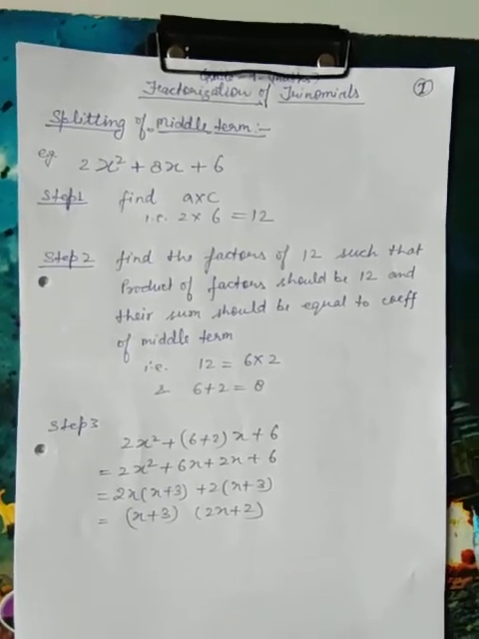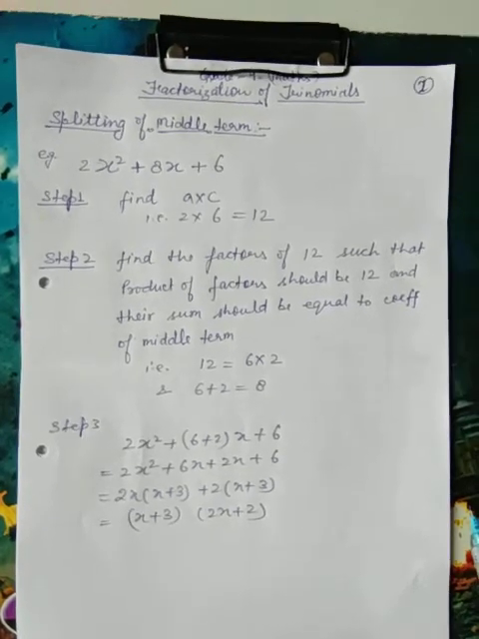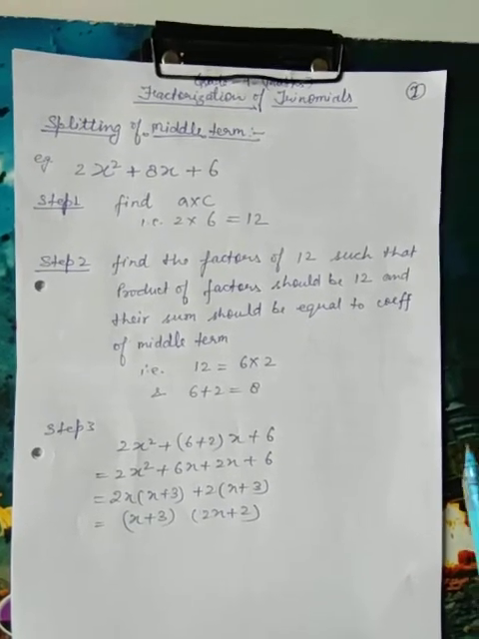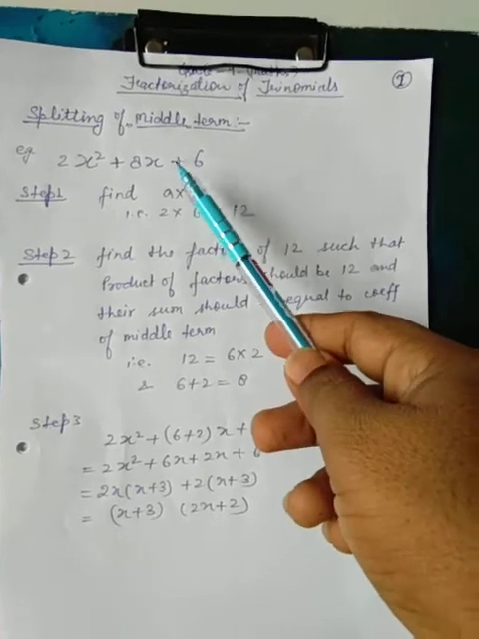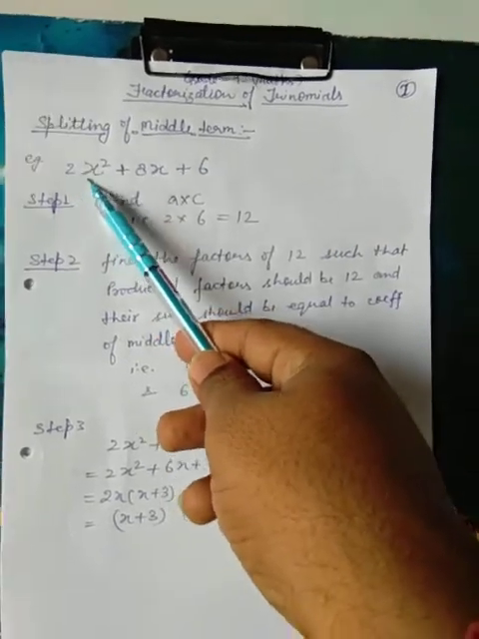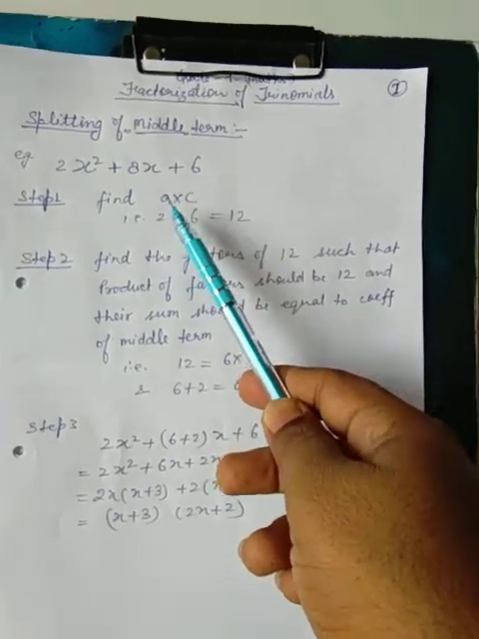Actually, the method to understand such things is splitting of the middle term. The first step, as I took the example 2x square plus 8x plus 6, and as I told,